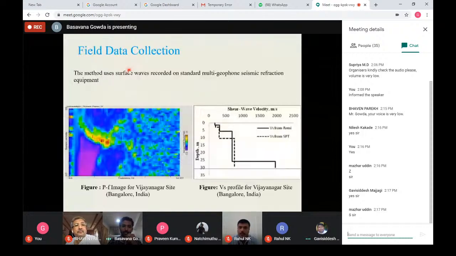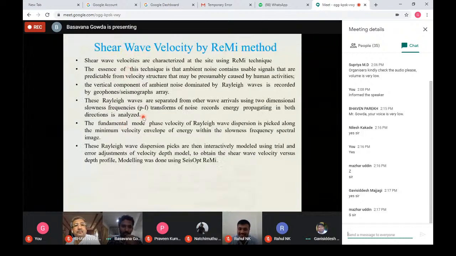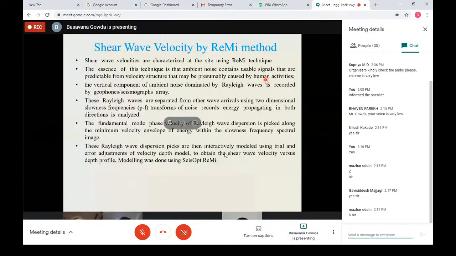Maybe, if possible, I'll show you how we get the plot of shear wave velocity. Now, shear wave velocities are characterized at the site using the ReMi technique. The essence of this technique is that ambient noise contains usable signals that are predictable from velocity structure, and may presumably be caused by human activities. As I mentioned, even a small human activity can create some noise that can be easily detected by these